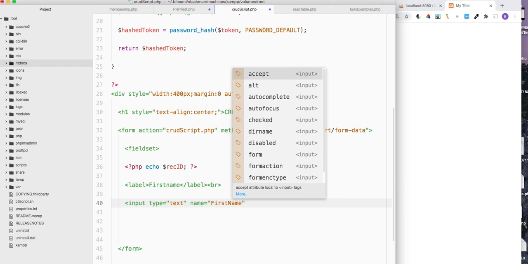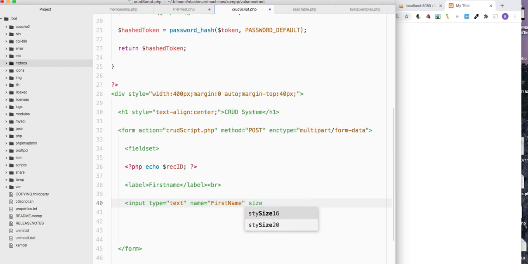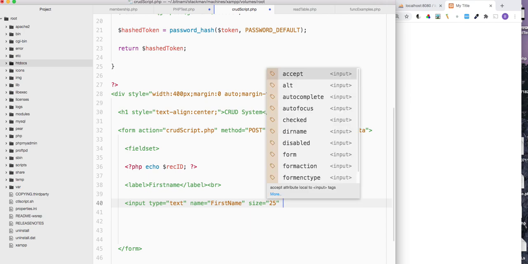And then you're gonna say what size you want. You wanna say give it like 25 pixels long. And how about the value? The value will be whatever you're gonna read. So what happens is you're gonna say value,